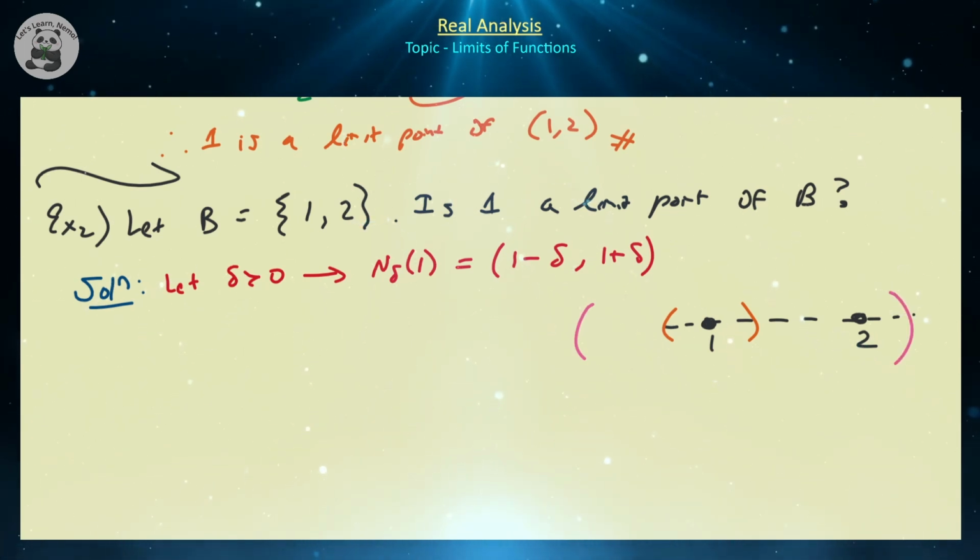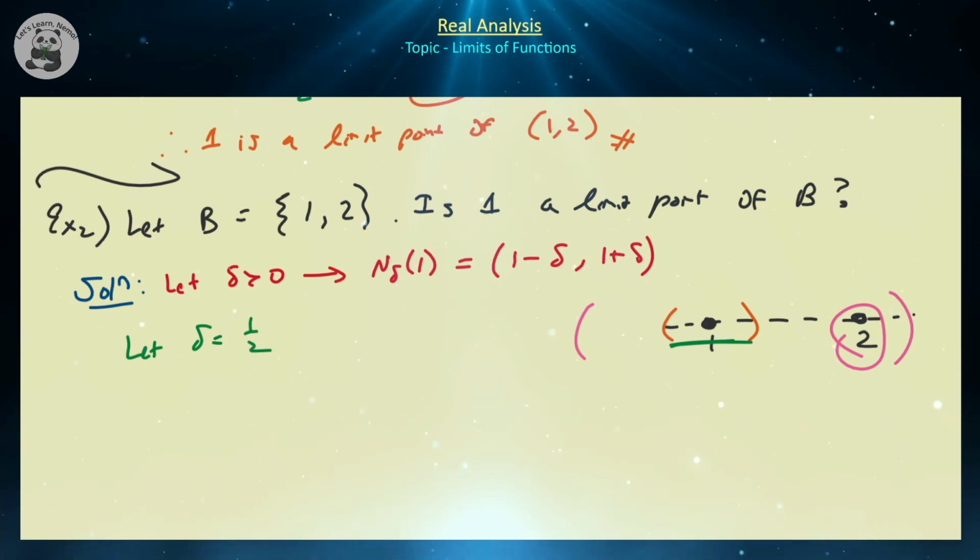For example, just take delta to be equal to 50. That guarantees that 2 is going to belong to that neighborhood. But that's just one interval, and it has to be true for every neighborhood. So if you want to show that a point is not a limit point, all you have to do is find one delta such that any other point, aside from the center point 1, does not belong to that interval, right? So if we, for example, take delta to be arbitrarily small, notice that 2 will not belong to that interval, right? So let's just take delta to be equal to 1/2,